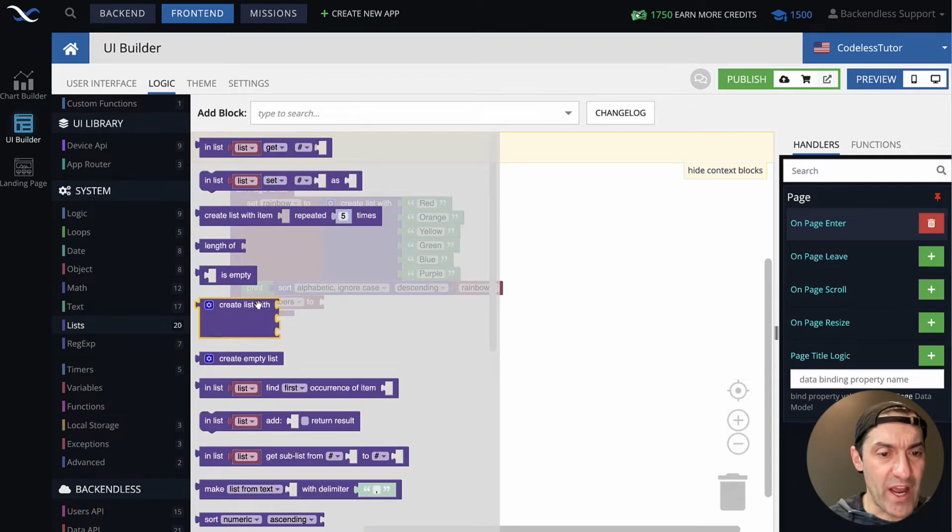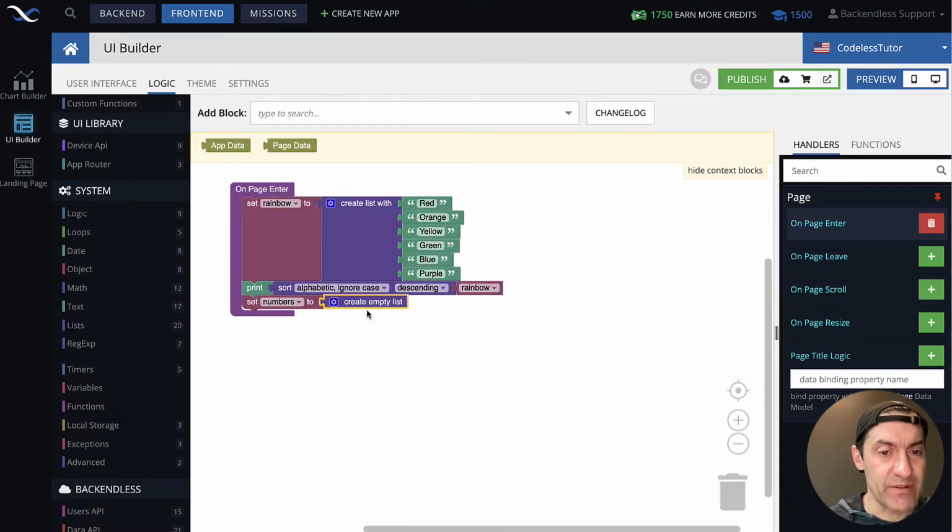Let's talk about why we need to create this empty list. Well, what's going to come next? It will be logic that populates this list with values. And remember, if we don't initialize our variable, by default it's going to be undefined. If we were to start adding values, our random numbers, to that undefined list, there's actually no list, because we're adding a value to something that is undefined. And there will be an error in this case. So we created an empty list. We have this placeholder where we can add those values.